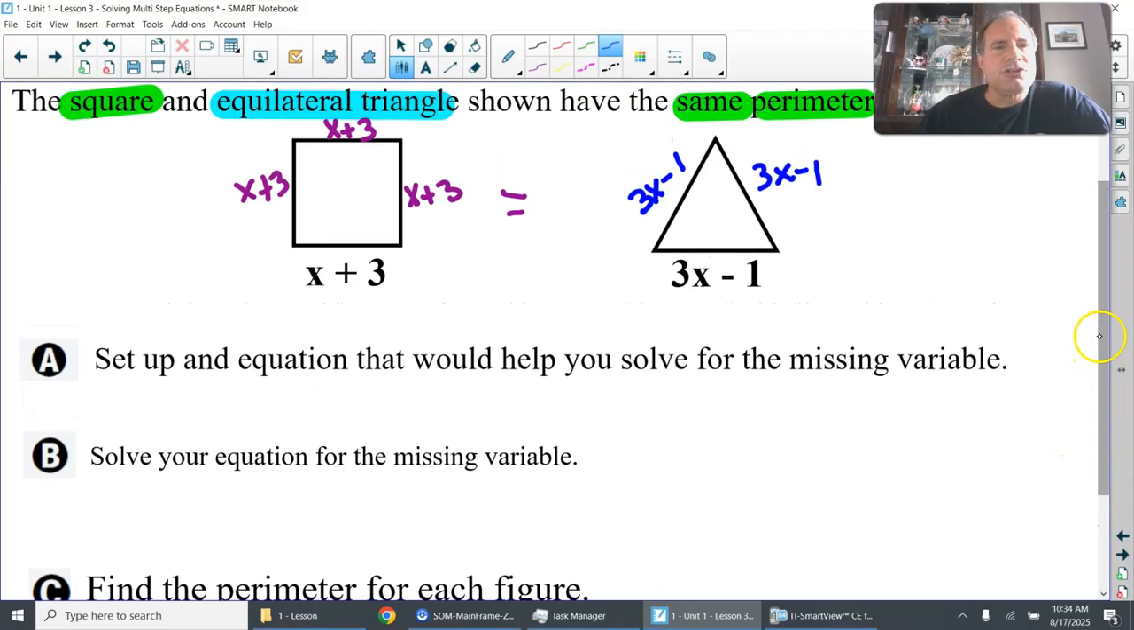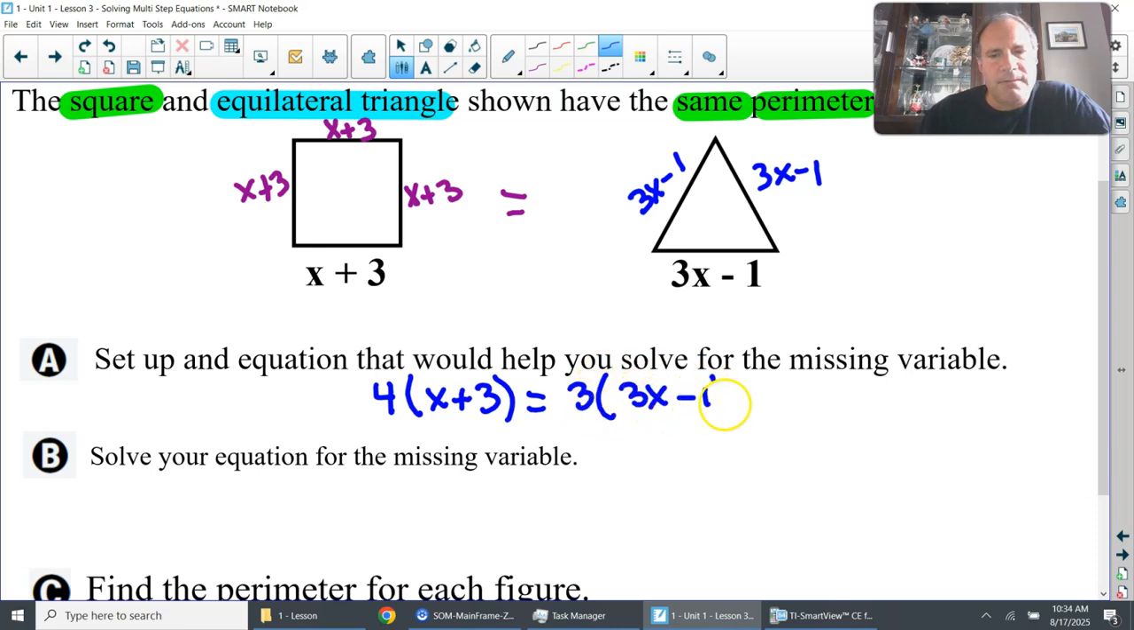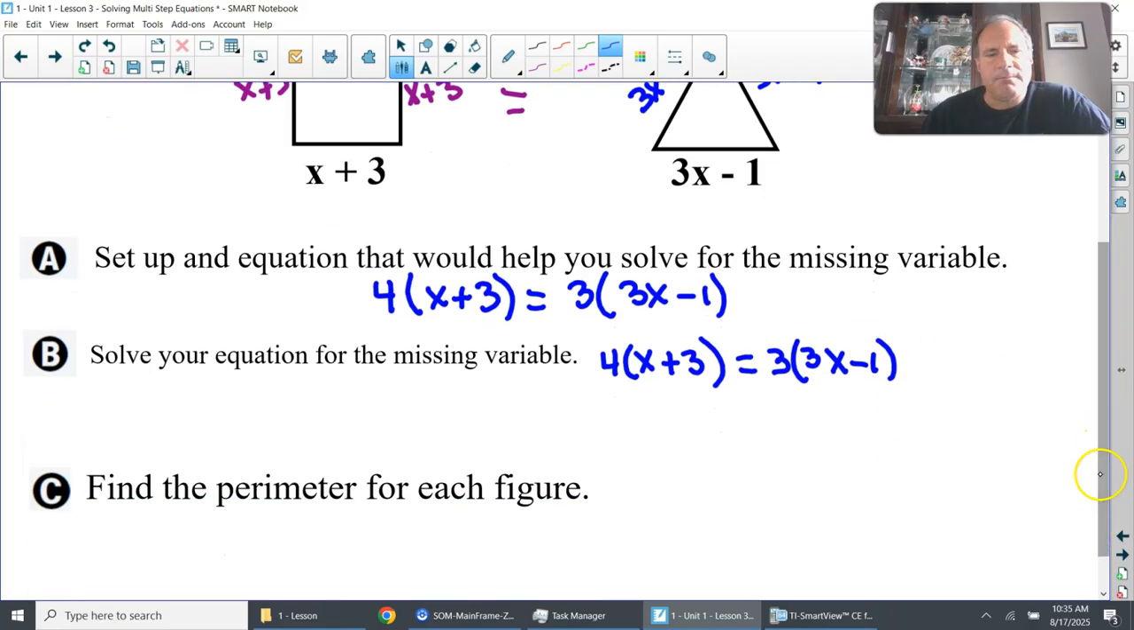Well, you could just go ahead. There's 4 sides of this square. So we would put 4 on the outside, set it up like distributive property. They are equal, and there's three sides of the equilateral triangle, so you would set that up just like that. So I'm just going to rewrite this as 4 times x plus 3 equals 3 times 3x minus 1. I'm going to do distributive property on both. So this is 4x plus 12